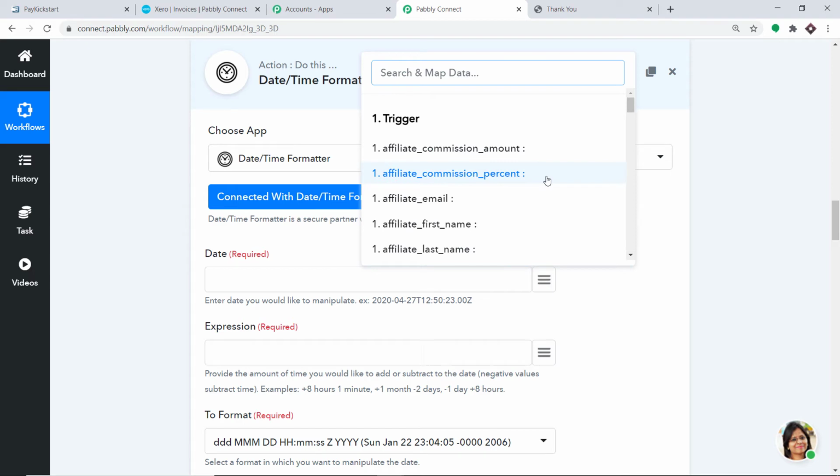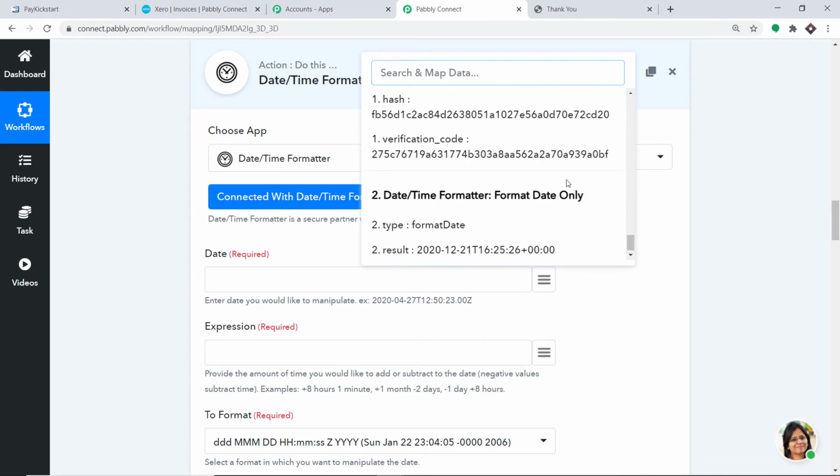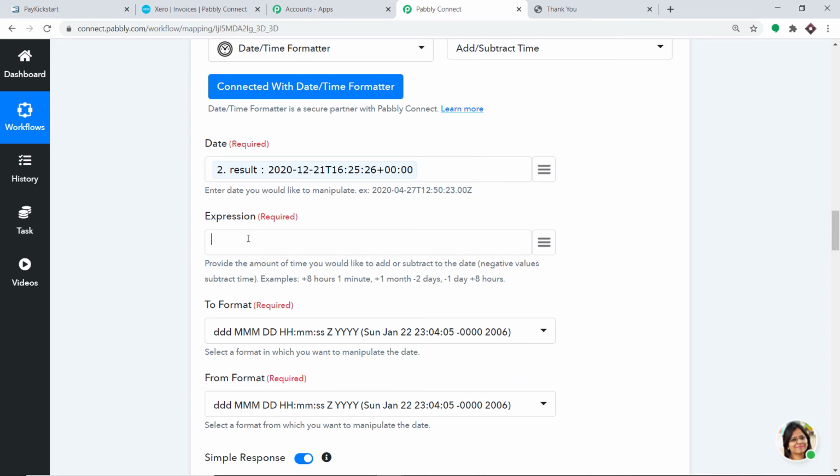Now the date that we have to enter is basically something that we have got. This is the date. And in the expressions, how about we make it 3 days from now? For example, today is 21. This is the day, that is 21. How about we want the due date as on 24. So that is 3 days from today. So we'll make it plus 3 days. If you want, you can take the example help from here. You can actually make it even in hours, minutes. But I'm actually interested in making it in terms of days. So 3 days it is.